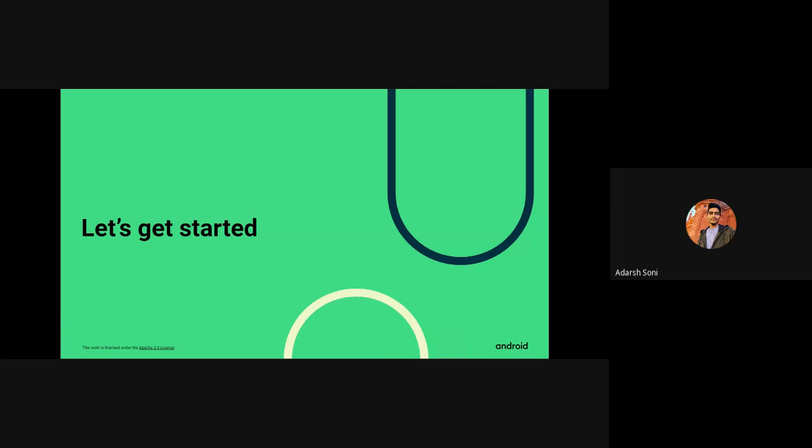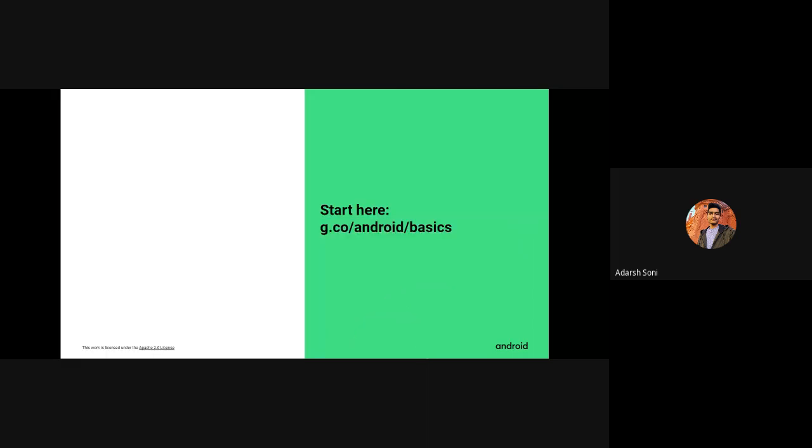Okay, in short, what we will be learning today is how to set up Android Studio on a computer, so we will be downloading Android Studio and installing it. How to start a project from a template in Android Studio. How to run an Android app on the emulator or on a physical device. How to add text and images to a layout. And how to modify attributes in a text view or image view. Okay, so let's get started.